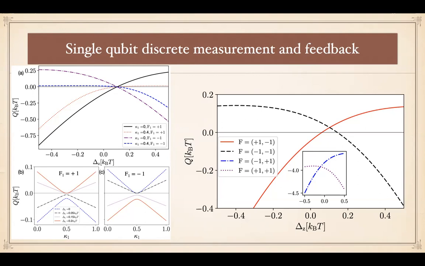So depending on your parameter space and your measurement, you change your feedback to get the heat extraction. And here in this case, we saw both qubit measurement, like we measure both of the qubits and we do feedback on both of the qubits. We saw different possible feedback, +1 in one, -1 in the other one. So we rotate the 2 qubits differently. So in some regions you get cooling, in some regions you don't. In order to extract heat, you need to do the right feedback in both of the qubits.